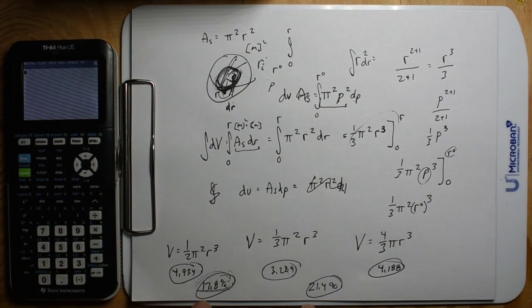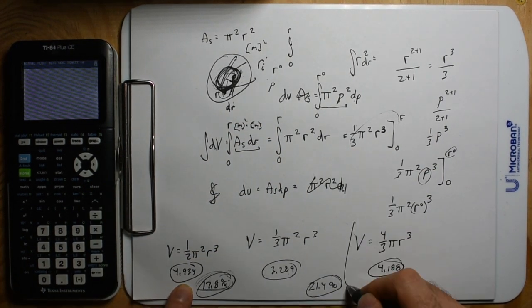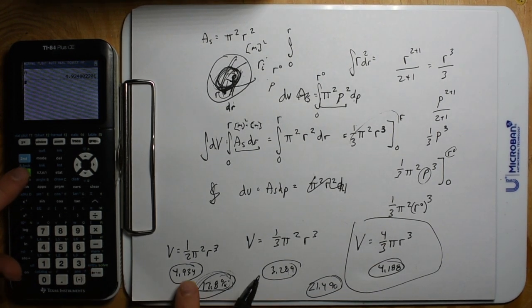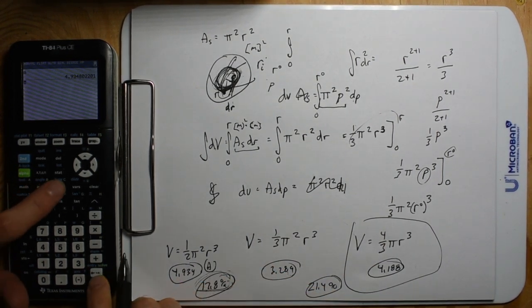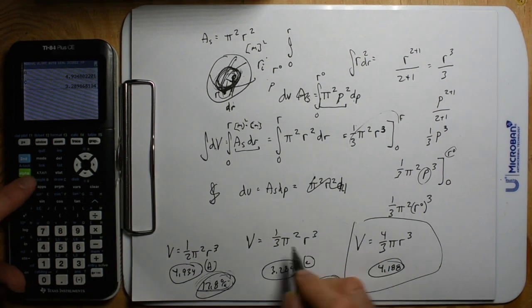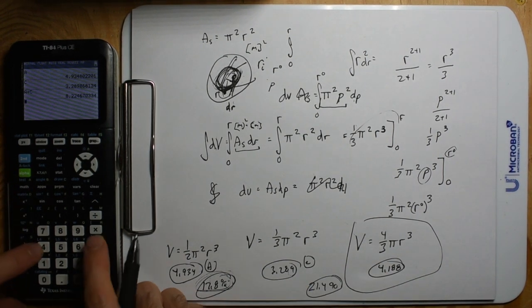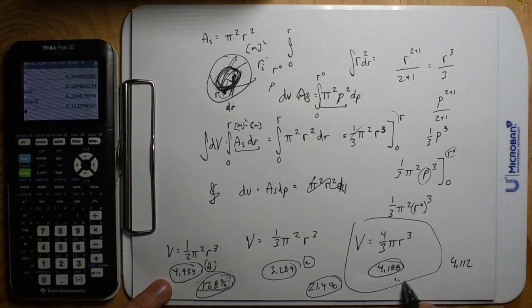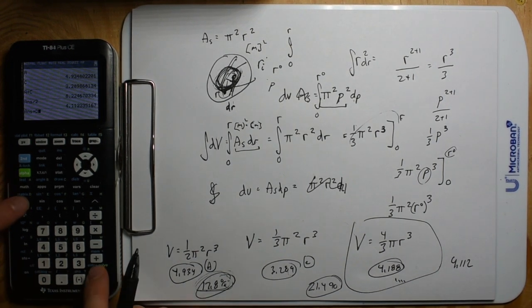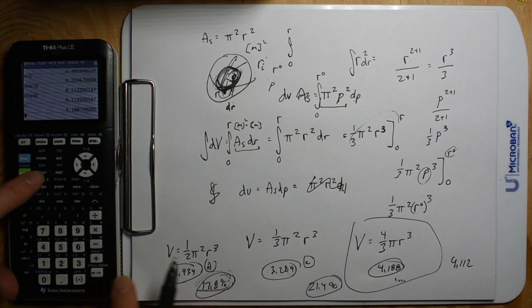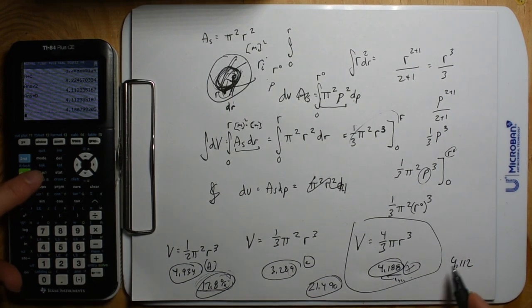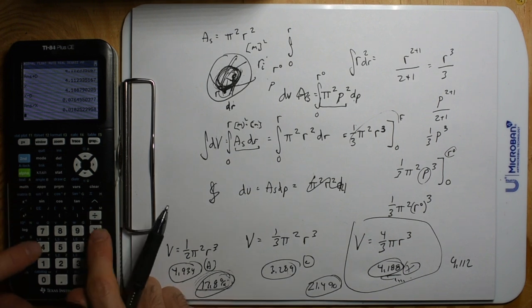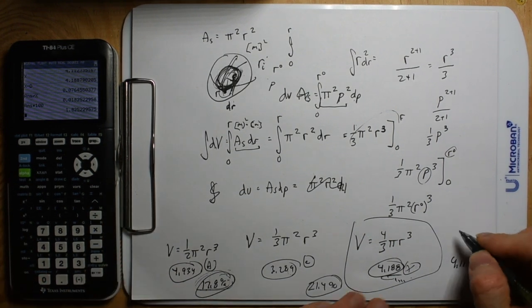So I just realized that we had, this is our exact answer, but this was undershot and overshot. So this is stored as alpha A, and then this is stored as alpha c. So we're going to go alpha a plus alpha c divided by 2. And guess what we get? We get 4.112. Very close to this. I'm going to store that as alpha d, and this is stored as alpha x. So I can do my percent error. I can go x minus d divided by x times 100%. And hell yeah, we got